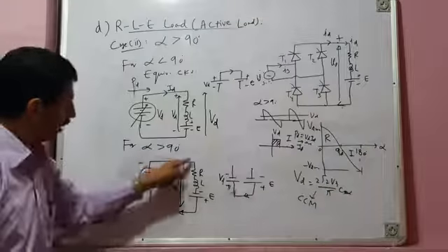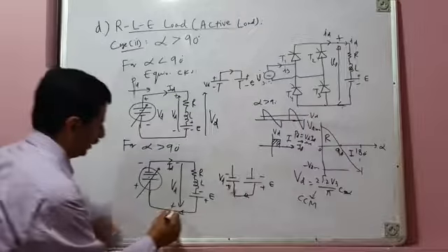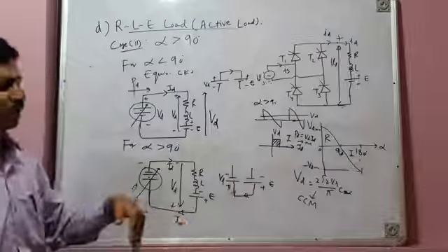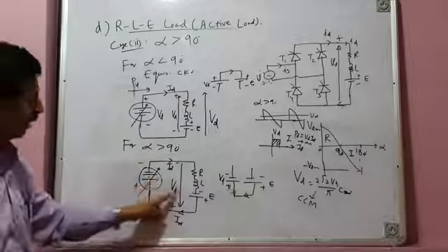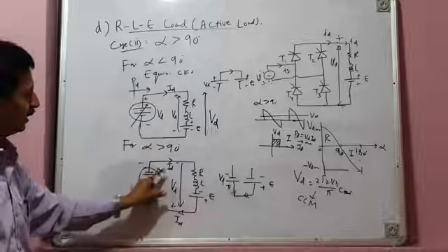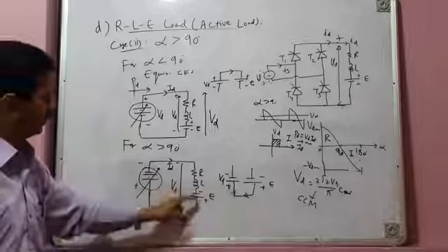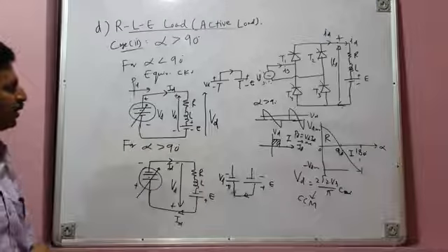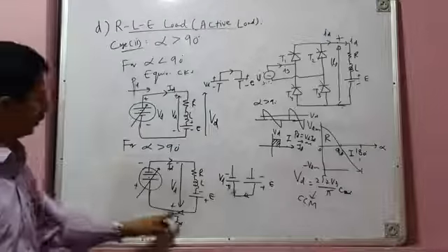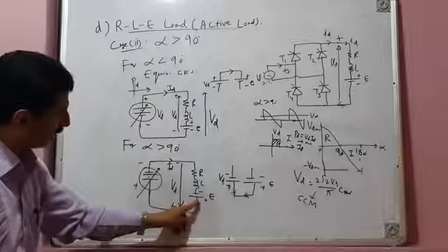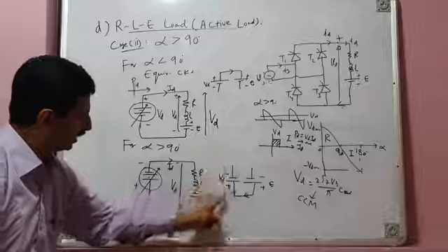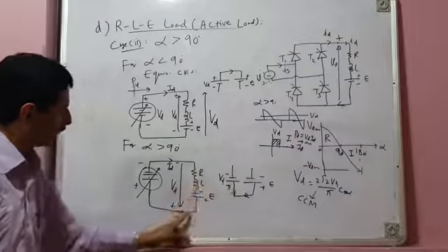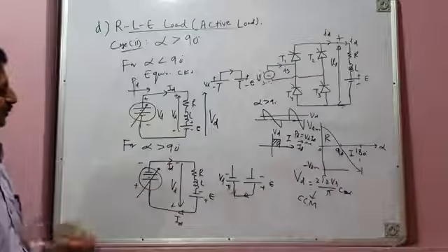That's what I am showing. Direction of current is the same, ID. It does not change. What changes is the polarity of the converter average output voltage. Your converter average output voltage for alpha greater than 90 degrees becomes negative. You have reversed the polarity of your load voltage also, load EMF also. Now current flows like this. You can see now current is not flowing from VD to E. This is your VD and this is your E. Current is flowing from E to VD.